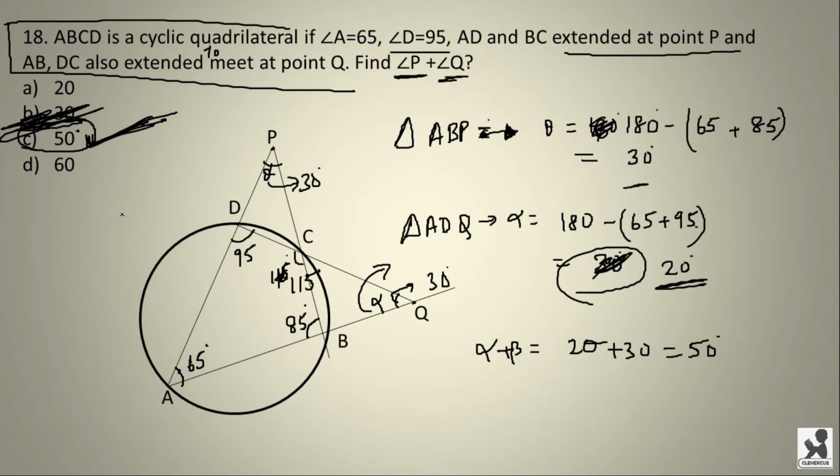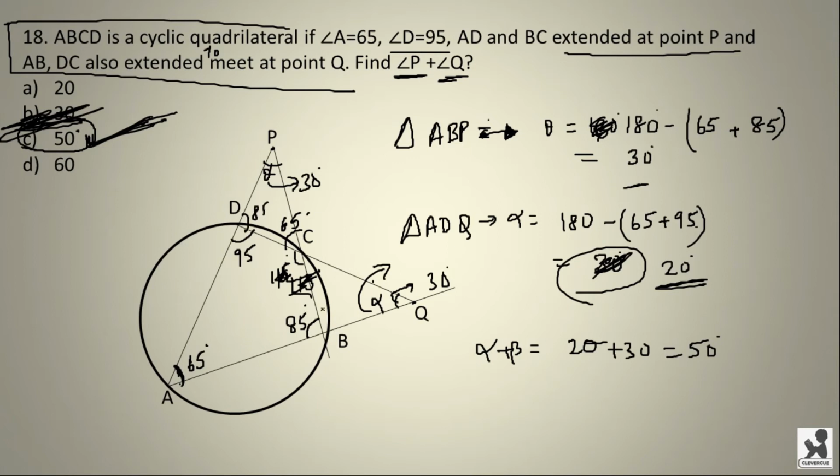Moving to the next question. I hope you guys understood this question. Here, angle PAQ is given as 65 degrees and angle ADQ is given as 95 degrees. Here, the angle C, that is angle DCB, is of no use at all. We can also solve this in another way. If this angle is 65, this angle is also 65. I have discussed this in the earlier problem. And if this angle is 85, this angle is 85.